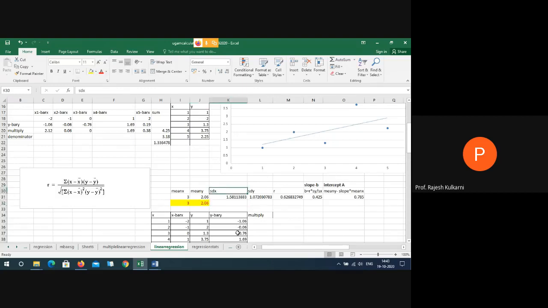Next is standard deviation of x. I have a request to my dear friends from first years. How are you going to calculate the standard deviation, first year students? Anybody from first years? How do you calculate standard deviation? Do you remember the discussion? Yes, sir. Sir, root of variance, sir. Very good, very good. Standard deviation formula is square root of variance.